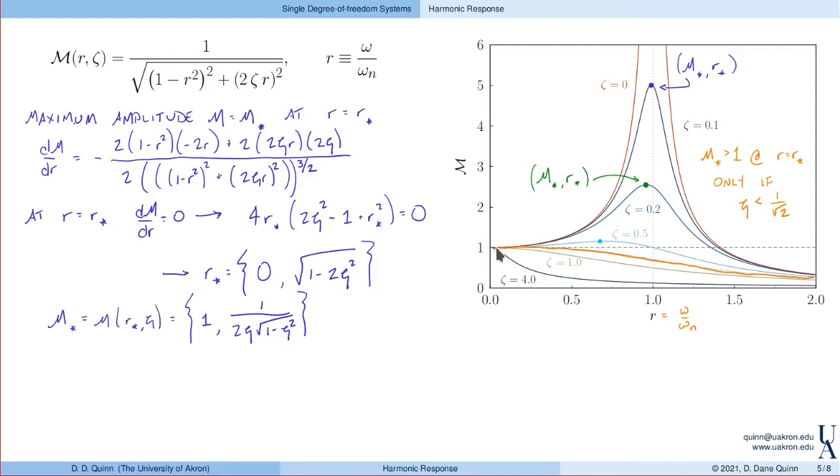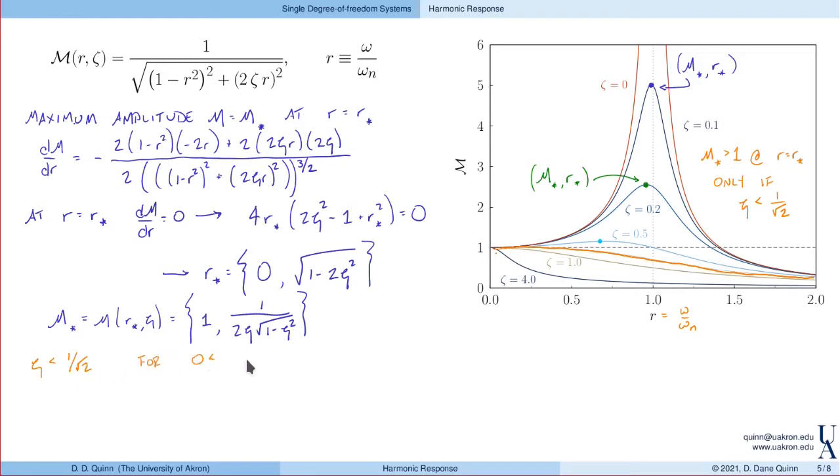Okay, so we see that it's essentially 0 slope at the origin and just begins to drop off. The other important question is, for what values of the forcing frequency is the magnification factor greater than 1? When is that dynamic amplitude greater than the static amplitude? Well, again, it depends on what the damping level is. Right? So if zeta is less than 1 over the square root of 2, then